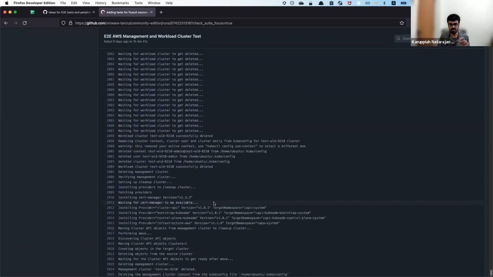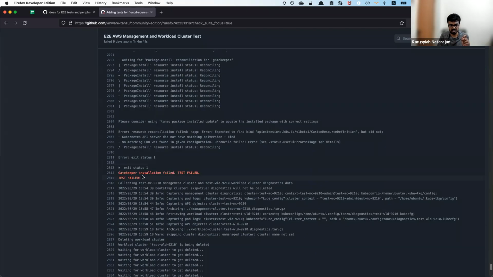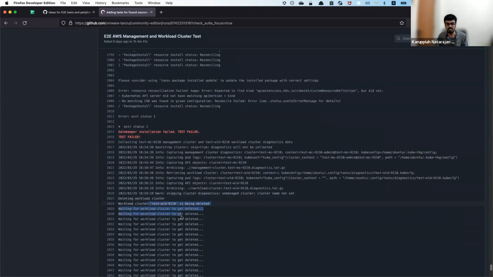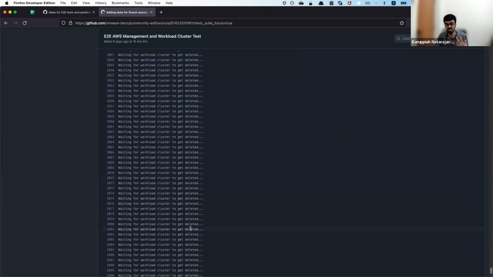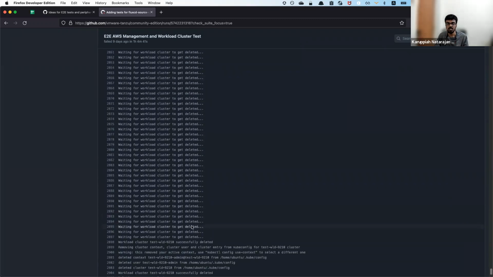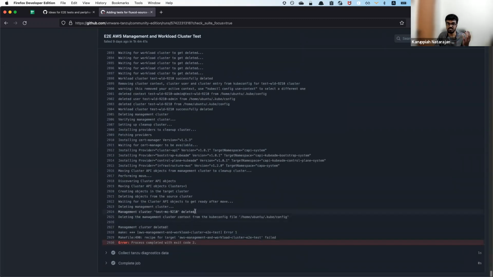But let's say someone cancels the workflow in between, let's say just after this gatekeeper installation failed, while it's pulling logs and collecting diagnosis logs, someone stops it or cancels it. These 2 clusters will not be deleted because they are deleted only as part of this workflow. So I think we'll also have to have a separate service running behind the scenes to actually check if